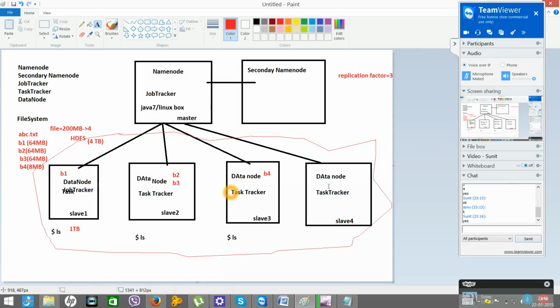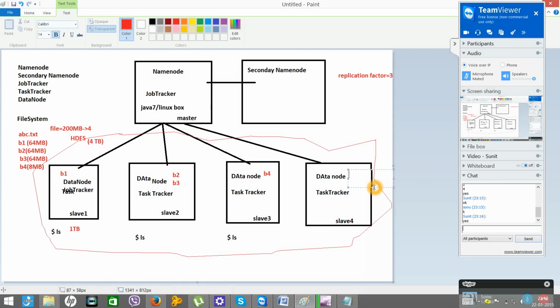B1 is here now, so it will go and store the block here as well, and let's say B1 here also. B2 is here, so it may go and store B2 here, and B2 here as well. B3 is stored here, we'll store B3 here, and here.